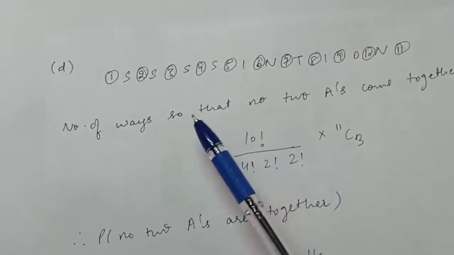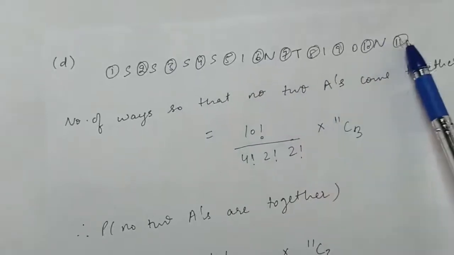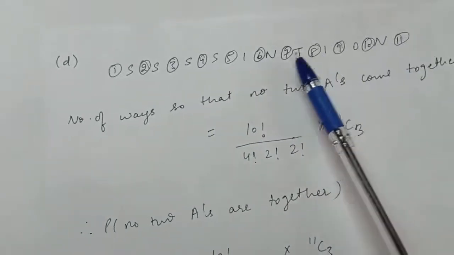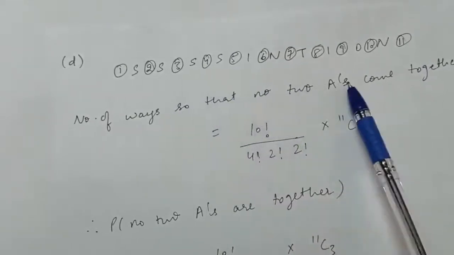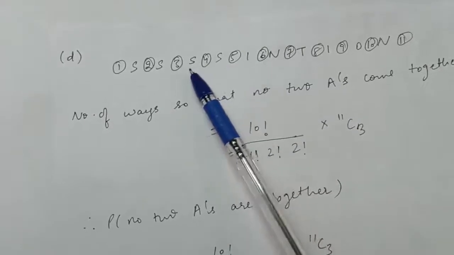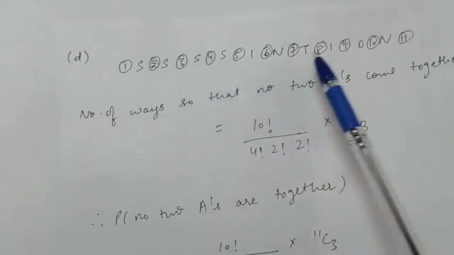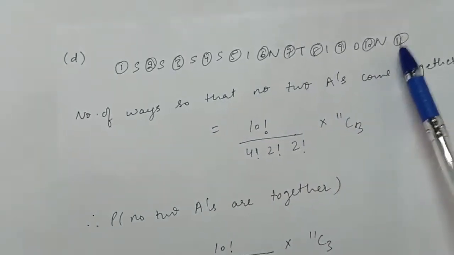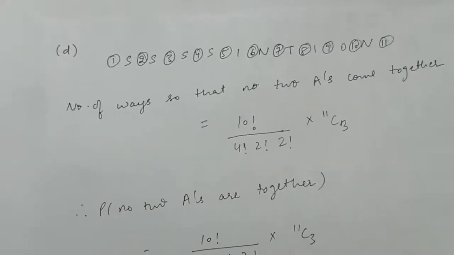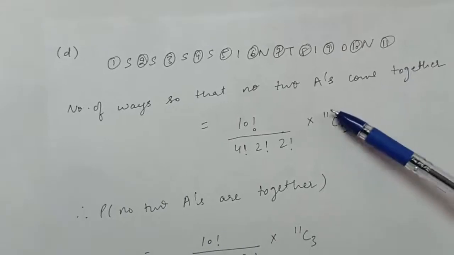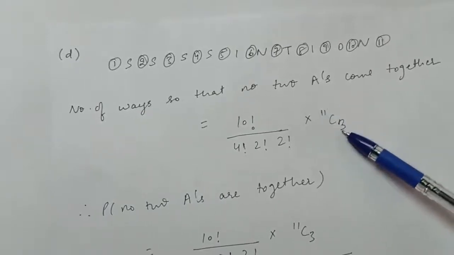Now see, between them there are 1, 2, 3, 4 and so on up to 11 places. These are 11 places. If we write down A here, then no 2 A's will come together, because there is always one letter already present between these places, right? So these are in total 11 places, from which we want only 3 places, right, to write down 3 A's. We want only 3 places. So out of 11, select 3 places which can be done in 11C3 ways.